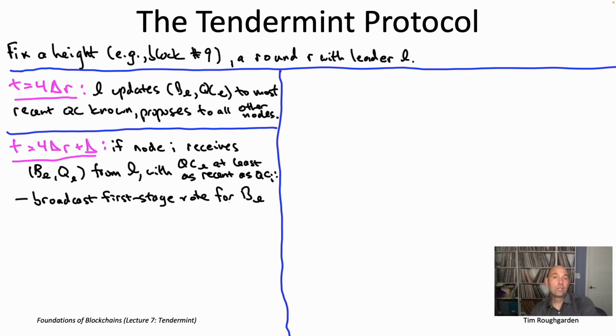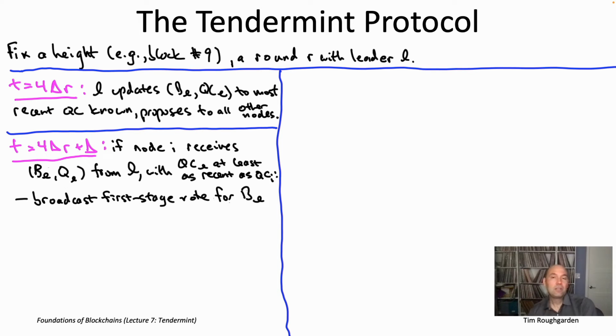So node I is going to be broadcasting this vote to all of the other nodes, and as usual, it will sign that vote with its signature so people know it's coming from node I, right? And as usual, it'll be annotated with the block number 9, the round number 117, and in this case, the stage number, which is number 1.